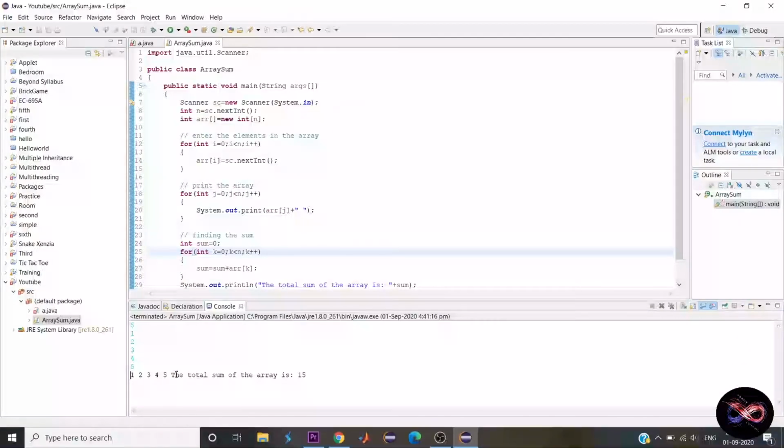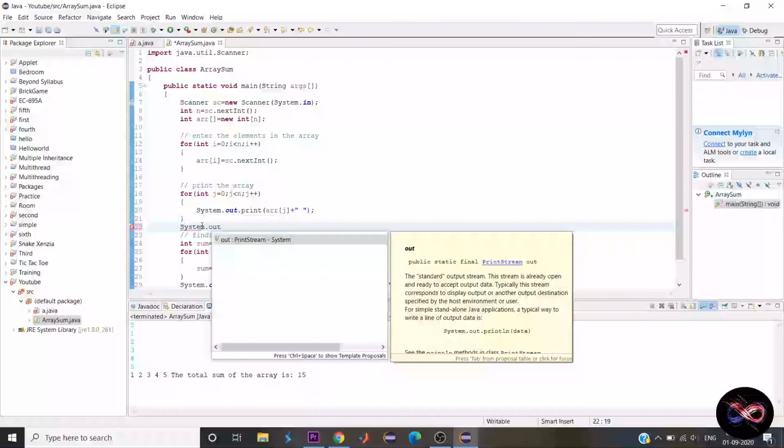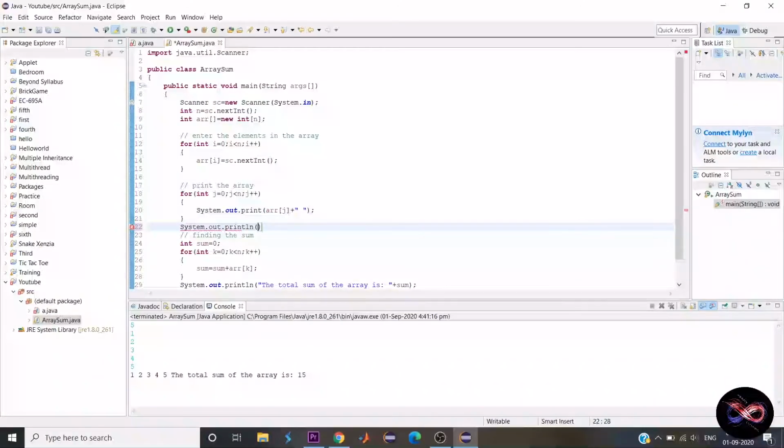But here it's printing in the same line. So let's print it on another line. So just add a new line. If you want to add a new line, just simply type System.out.println.